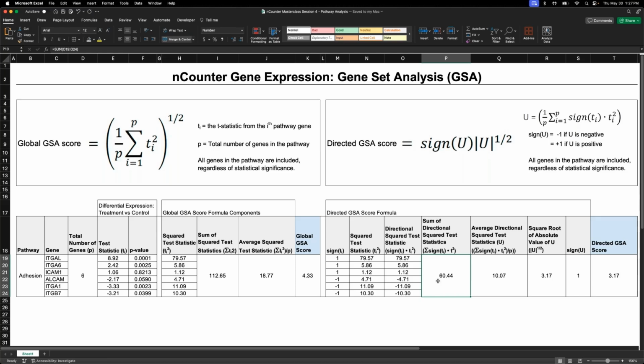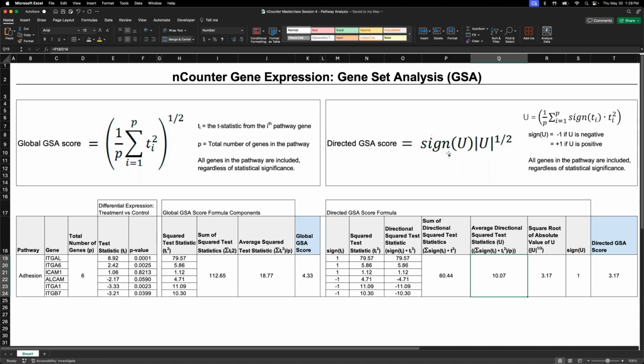And then just like I did on the left-hand side, I want to take the average of this value. So it's 60.44 divided by the total number of genes in the pathway, which happens to be 6, and that's 10.07. So what I just showed you is what's represented in the parentheses here. I know it gets a little confusing if you're not used to this type of nomenclature, but that's exactly what this is trying to represent for you. So everything in this parentheses here is equal to 10.07, which in this formula they call U as their default here. So they're calling this value U. And so now we have U here.